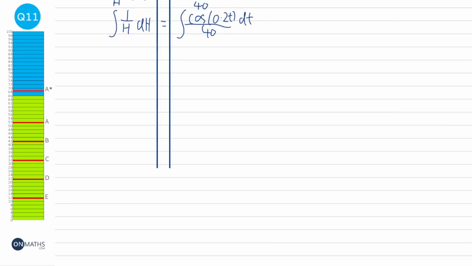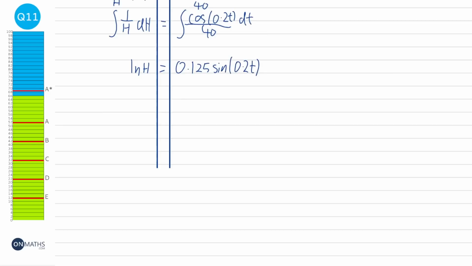Now on the left hand side we're going to have 1 over h, so it's just going to be ln h, and on the right hand side it will be 0.125 sine brackets 0.2t. If you're confused how I got that, we use the reverse chain rule with this, and the reverse